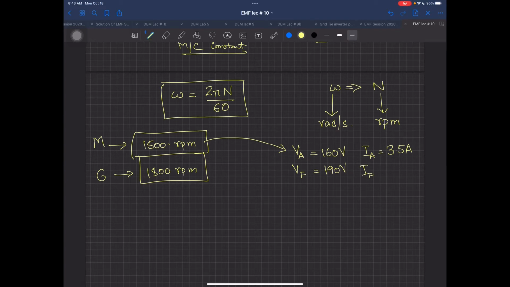Can you tell me the field current? It is rated at 150 milliampere, but since these machines have been working on from the last 20 years, so now they have little different resistance over there. Now what does this rated mean? This rated means that your machine, if it is going to work as a motor, now listen this carefully, you are going to apply 160 volts over there, you are going to apply 190 volts over there.